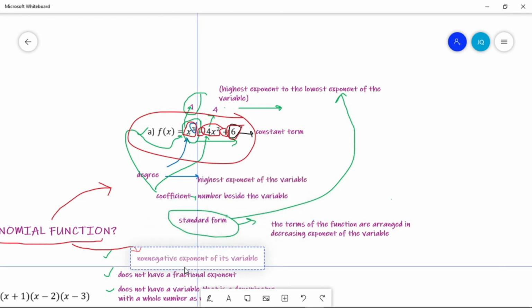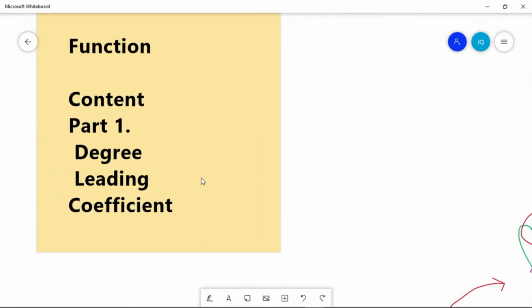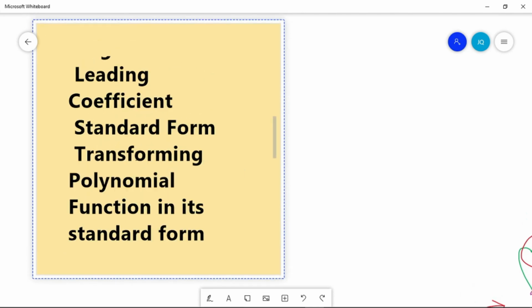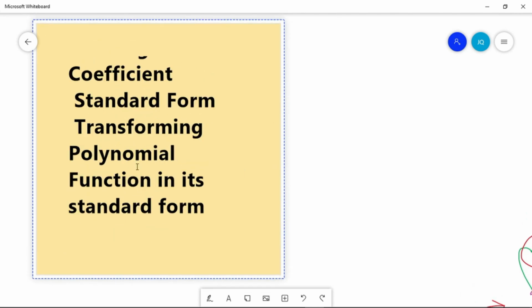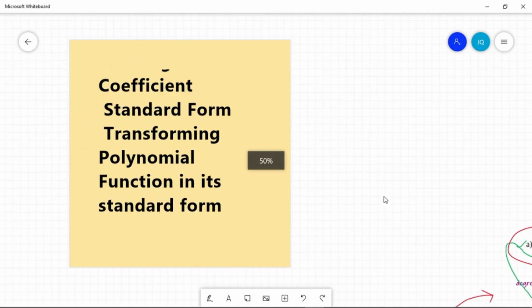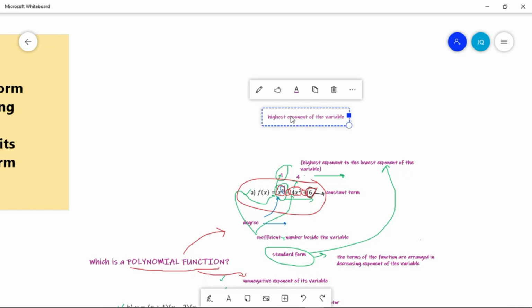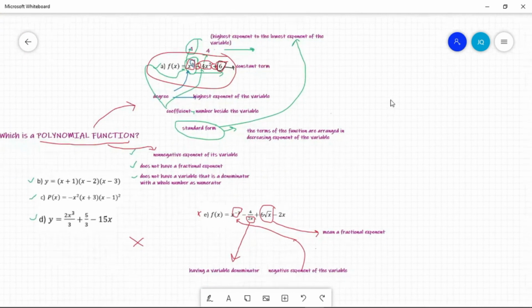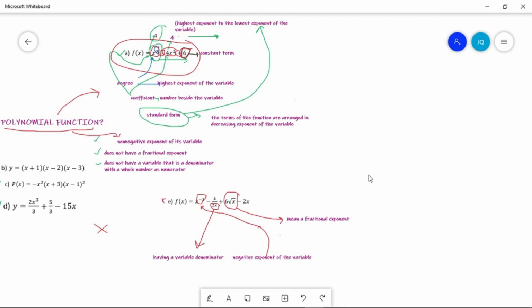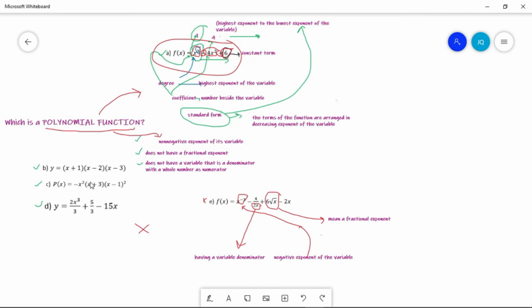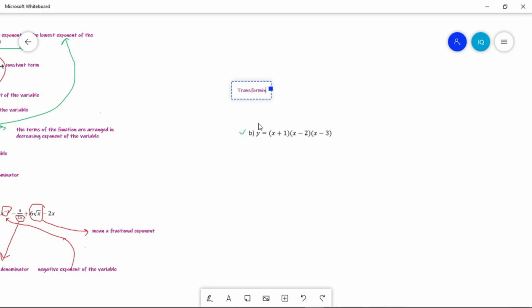And if we go back to our topic, actually we have the last part, transforming polynomial function in its standard form. So we have already discussed the standard form. So what if our function is not in standard form? Do you think B, C, and D are in standard form? I don't think so. So we have to make B a standard form. So how to transform? Now let's go to transforming